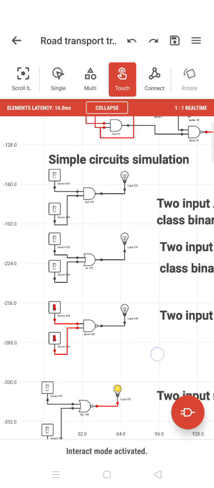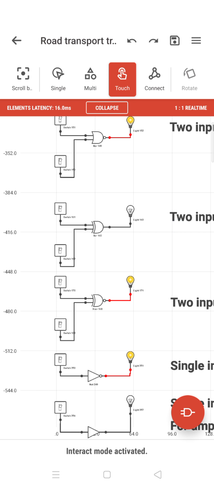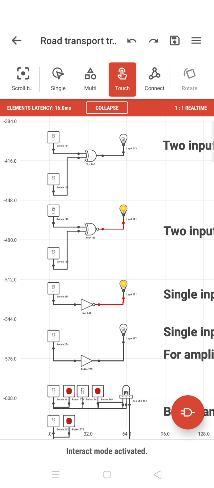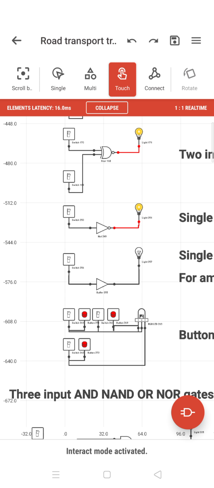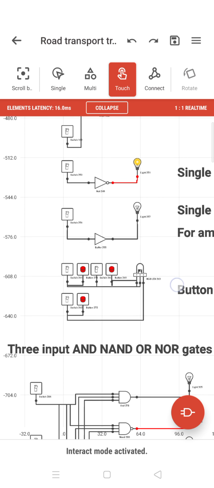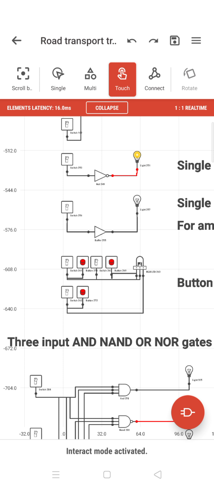So different kinds of gates, how they work, I have given all the things. You can switch it on, switch it off, and discuss things like that. So I have created all the signal controls for each one of them, like exclusive OR, exclusive NOR, and NOT. If you turn it on, it will give a 0 here and the bulb will go off, and if you turn it off, then the bulb will come on. So this is a buffer kind of thing. You turn it on, you get a light. You turn it off, the signal is out. Okay, those kinds of things. So it's a kind of one-way switch.